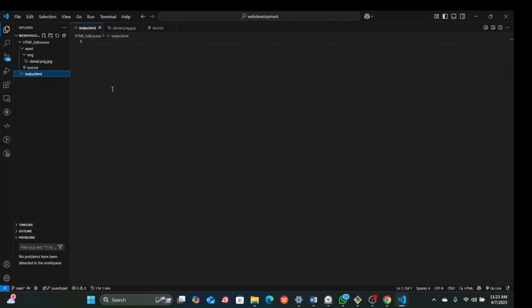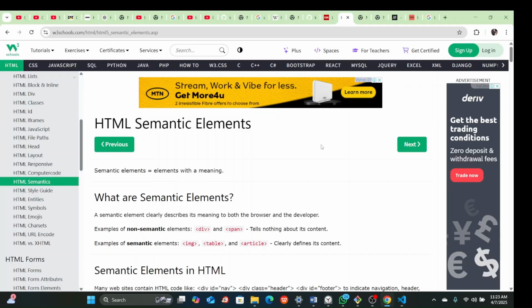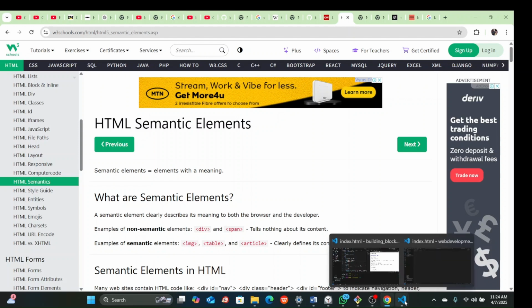Like I said, we will be building a portfolio website. As a developer, you will need your own website that people can actually see what you've done and contact you. Most developers have their own personal website which they build, and you can build your website using just HTML for a start. But with time, you will improve on it and use CSS and JavaScript to add styling and functionality to your website. So going back to my Visual Studio,